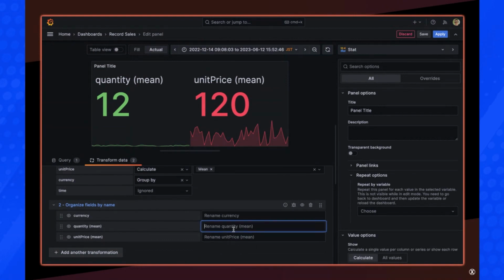Okay, so average quantity and price. Okay, cool. Oh, that's working fine. Price. Okay,